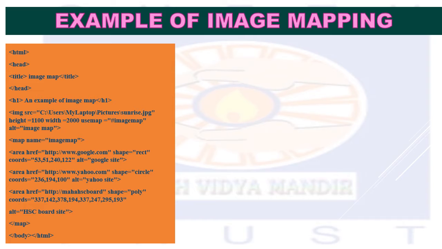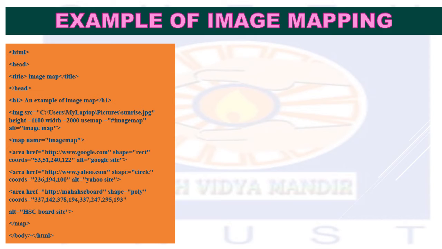Don't forget that. Then coordinates. The shape, that is rectangle. In the rectangle, as I have explained in the attribute, we need only 4 coordinates. So for coordinates also you have to use the short form word over here, COORDS. Only that you have to use, not the full coordinate spelling. In that you can see the 4 coordinates which are specified for the rectangle. How to locate these coordinates you will see in the next slide. First, understand that in the rectangle we need 4 coordinates. So that is why the 4 coordinates are seen over here. And you have alternate text, that is the Google site, it is written.